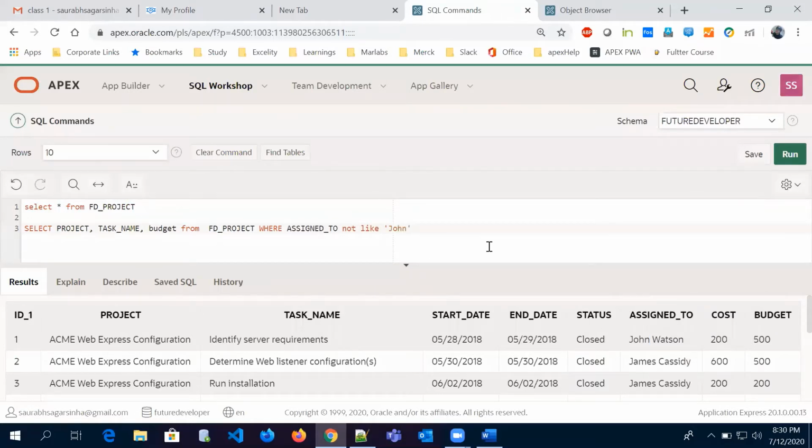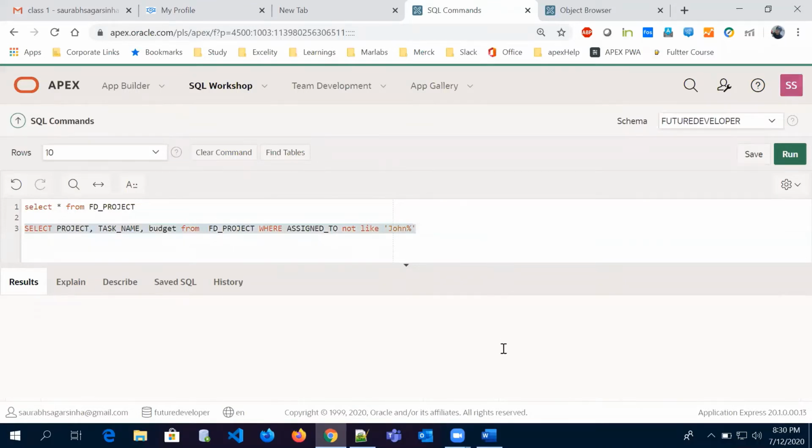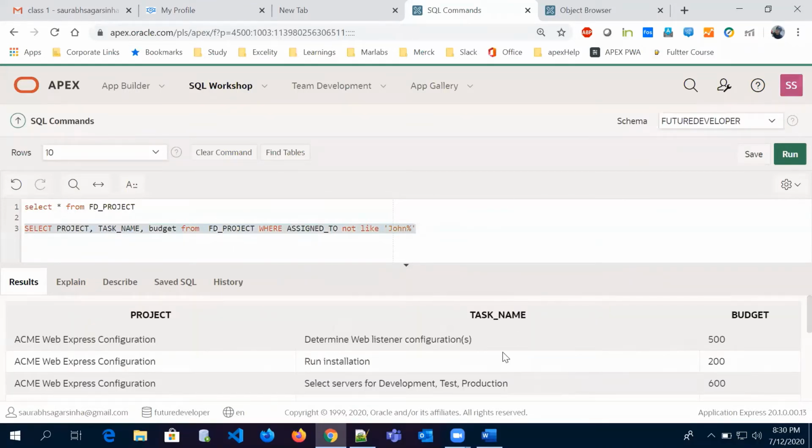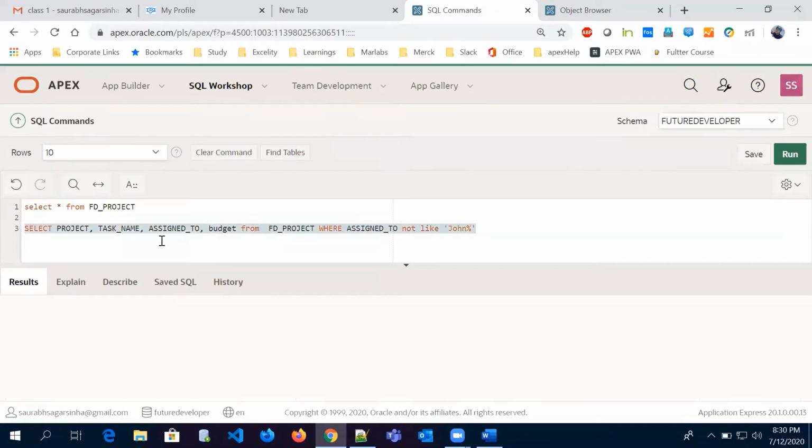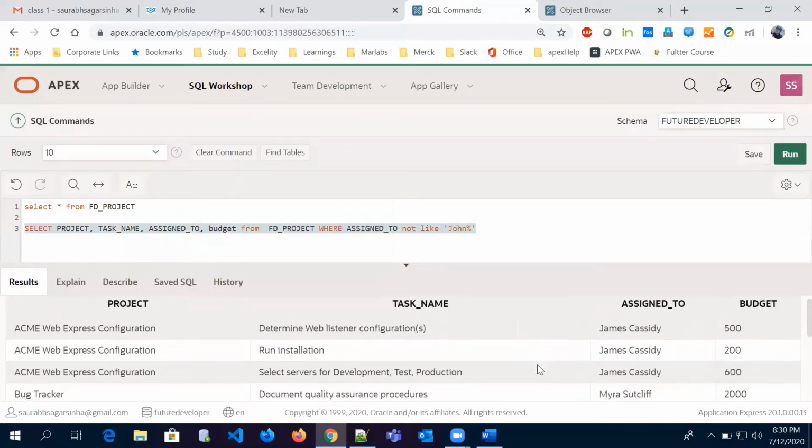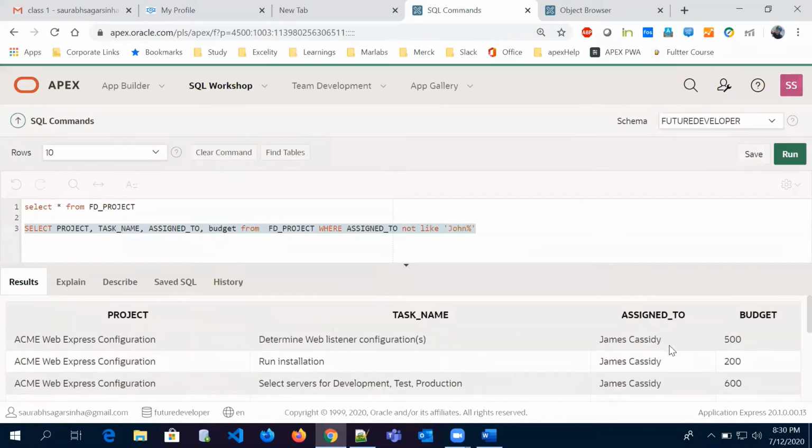So I'll enter John %. And let me run this command. As you can see, let me take this column as well. So here we have assigned to is someone else, but not John, not like John.